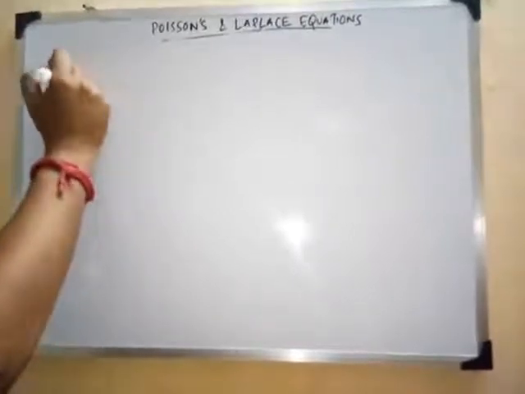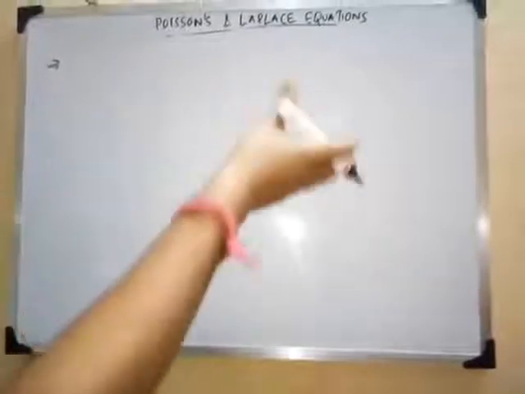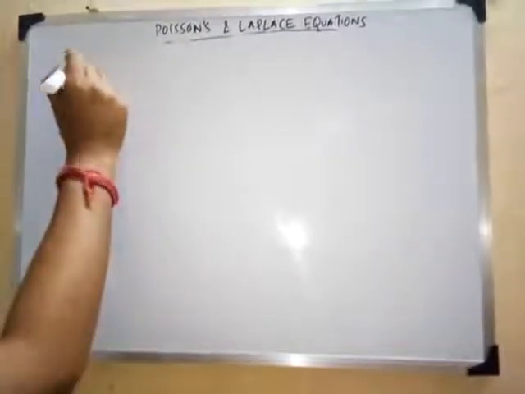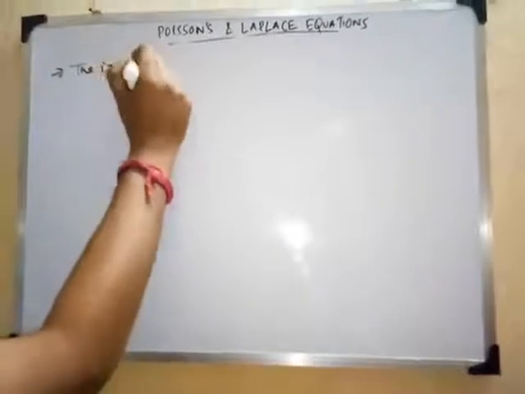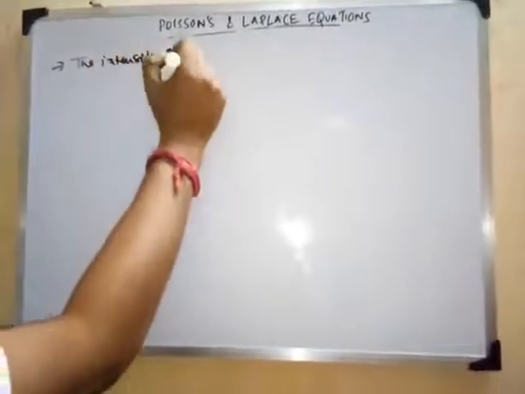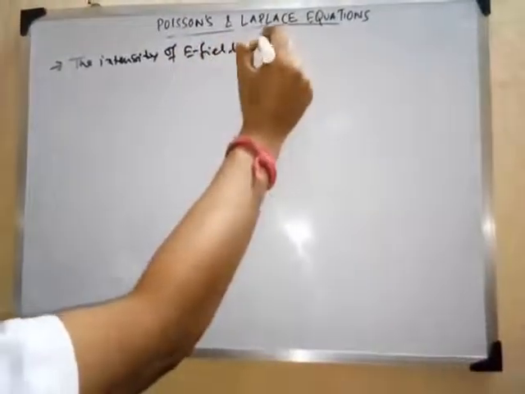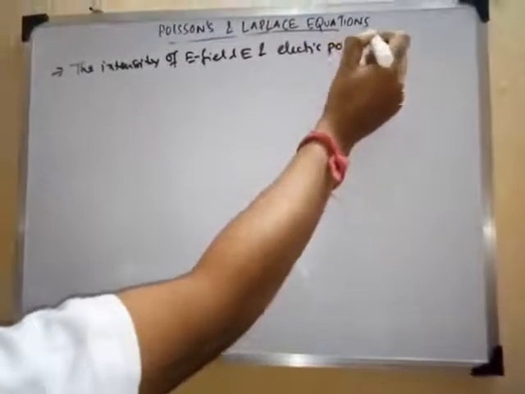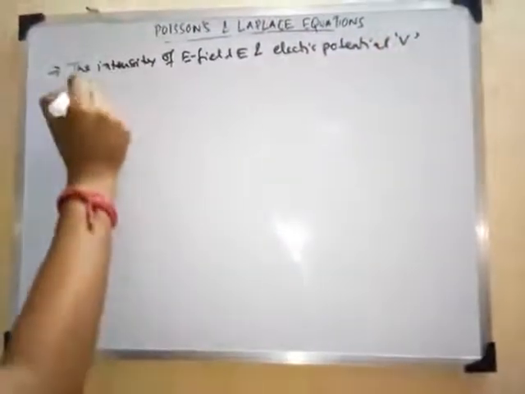So we are going to find out the expression for Poisson's equation first, and after that we are going to apply the expression for Poisson equation to get the Laplace equations, right? So to start with, let us start with the intensity of E field, E, and electric potential V at any point